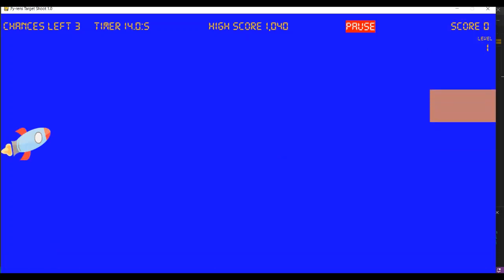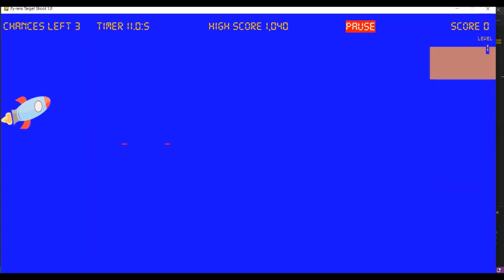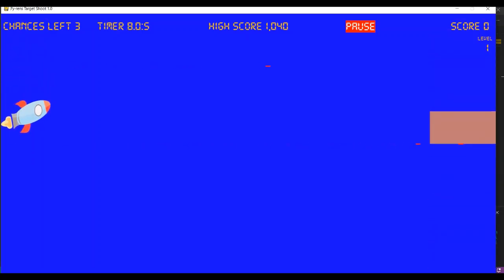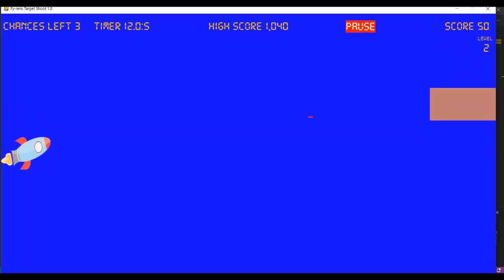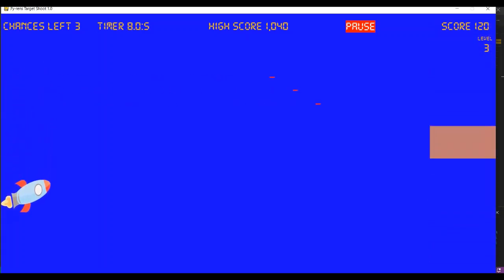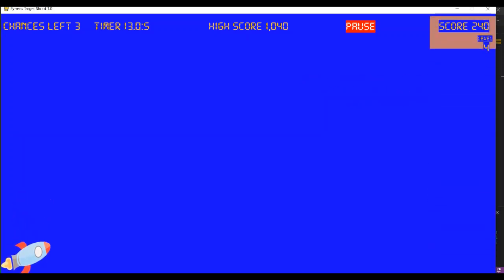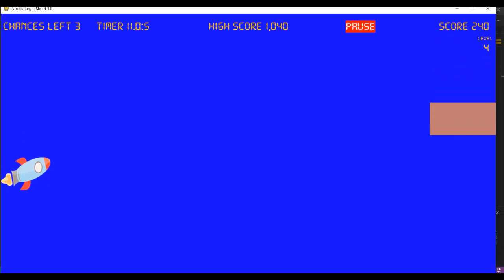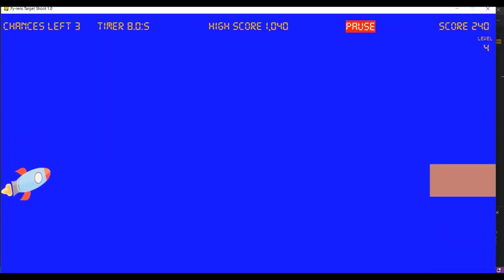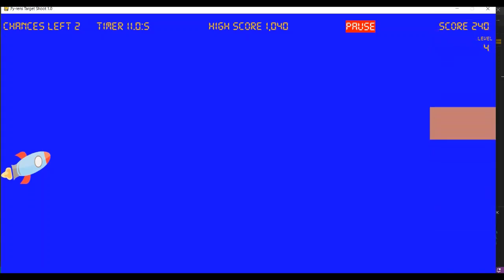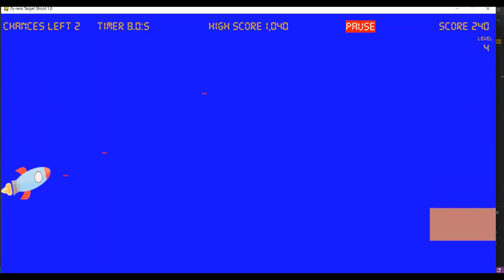So when you play, now there has been collision. So when there's collision, the level increases and the time resets to 15. So we set the time to 15. If there has not been collision before the time has reached 0 seconds, the number of chances we have here is going to reduce. So here we have it. Time will reach 0 seconds. Our chances have reduced because we've not been able to hit the rectangle for 15 seconds.